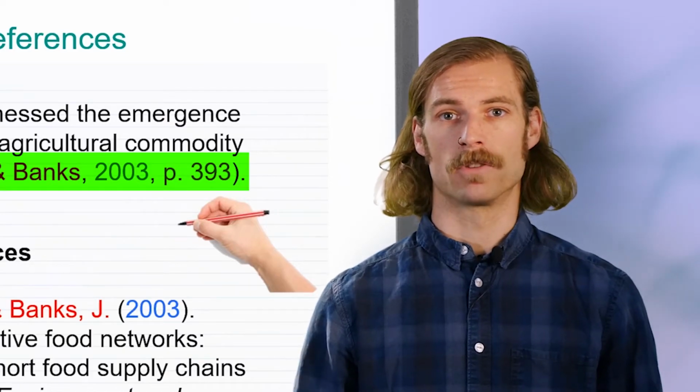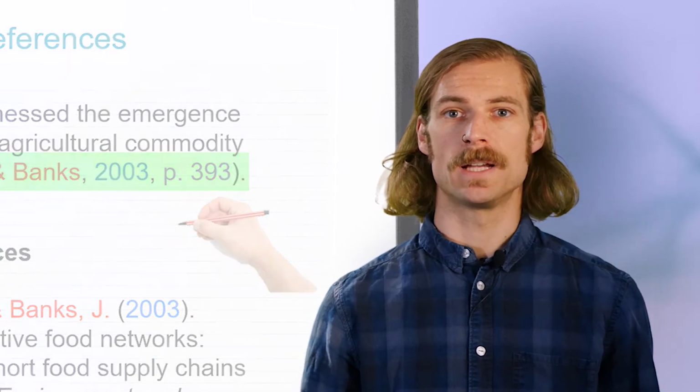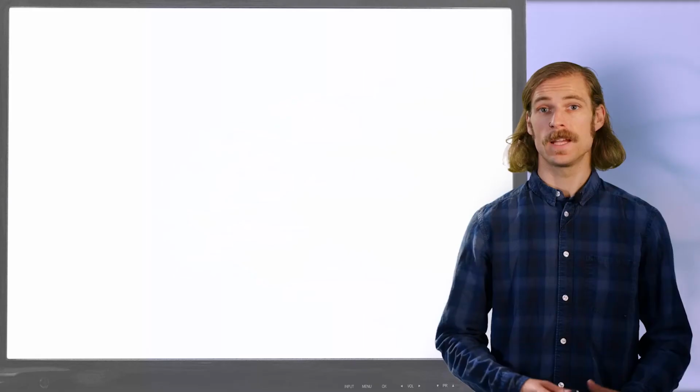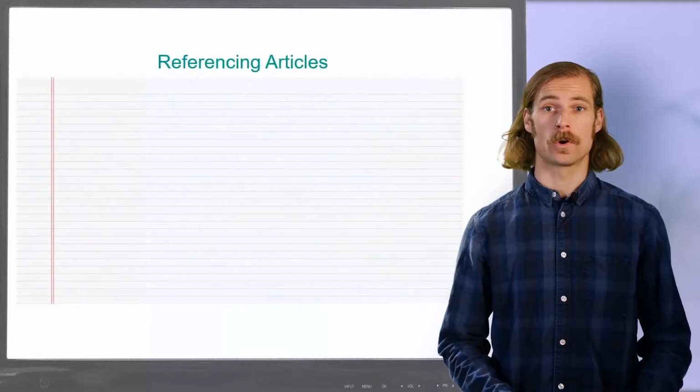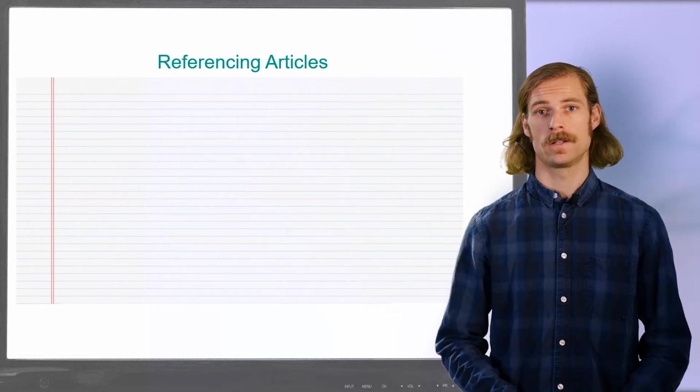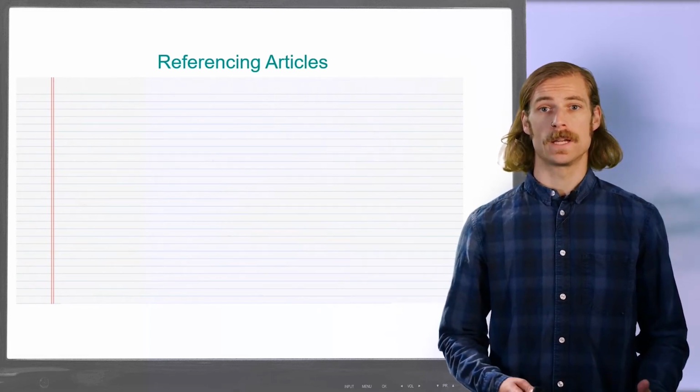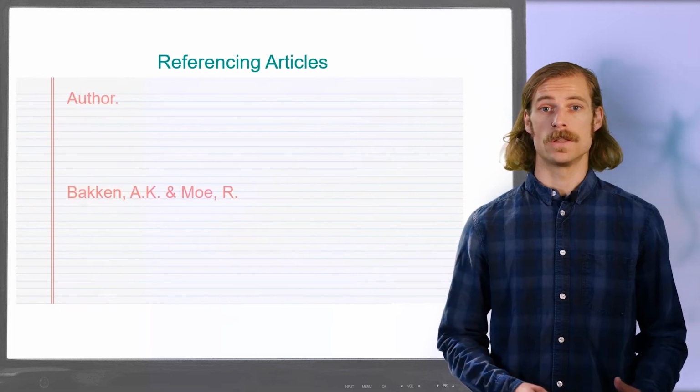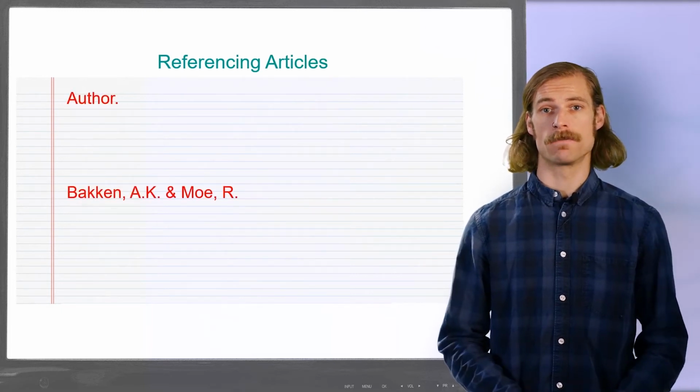Let's look at an example of a reference. The information has been colored to help you better understand the order of a reference. In this example, we will use an article from a scientific journal to show you the basics of a reference. We need to include the following information for a journal article: the author's last name and initials of the first name,